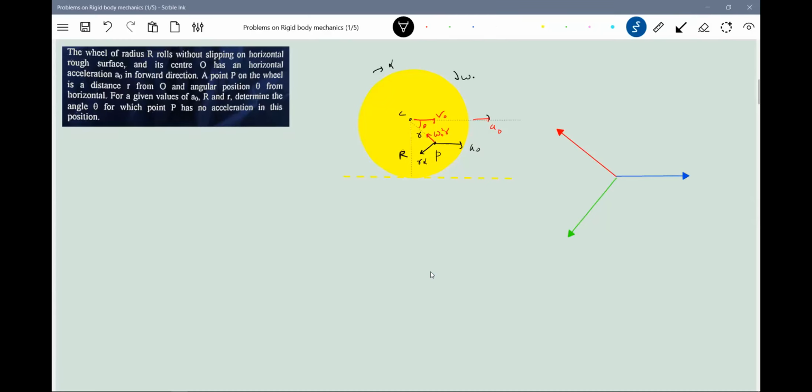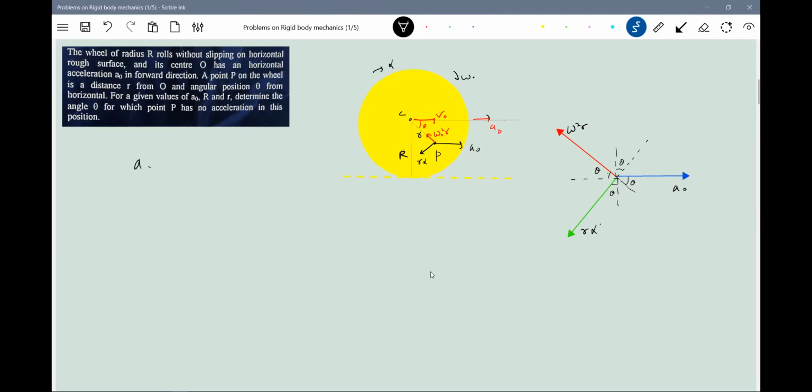Any condition for these two? So it should be 90 degrees. And the way things are given, this is theta. If this is theta, this is theta. This is theta. I think we can go for all this. And this is omega square r. This is linear acceleration. This is tangential acceleration. Determine the angle theta. I think we can just resolve.